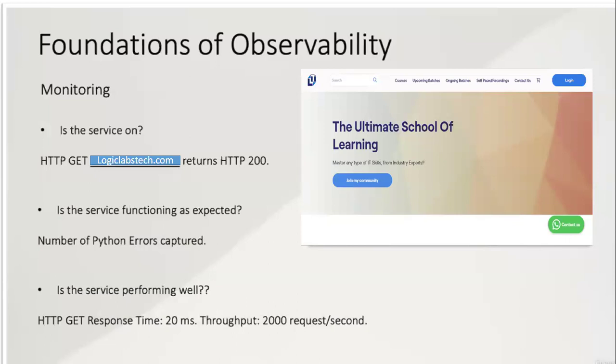Then, is the service performing well or not? That means whether the users are getting the experience as we expected. Whether there is any latency, whether the throughput is proper, whether we are getting a timely response, whether there is any delay, and how to optimize it. So capturing the data is part of monitoring,